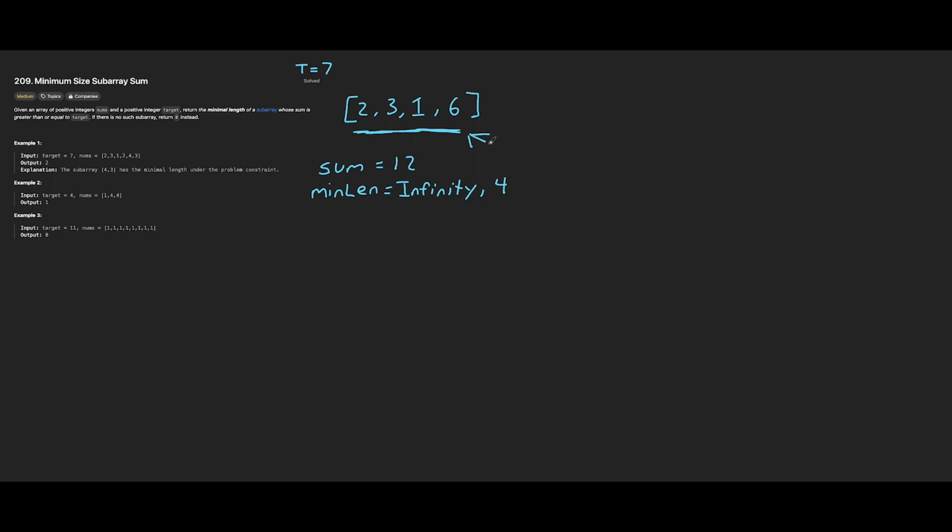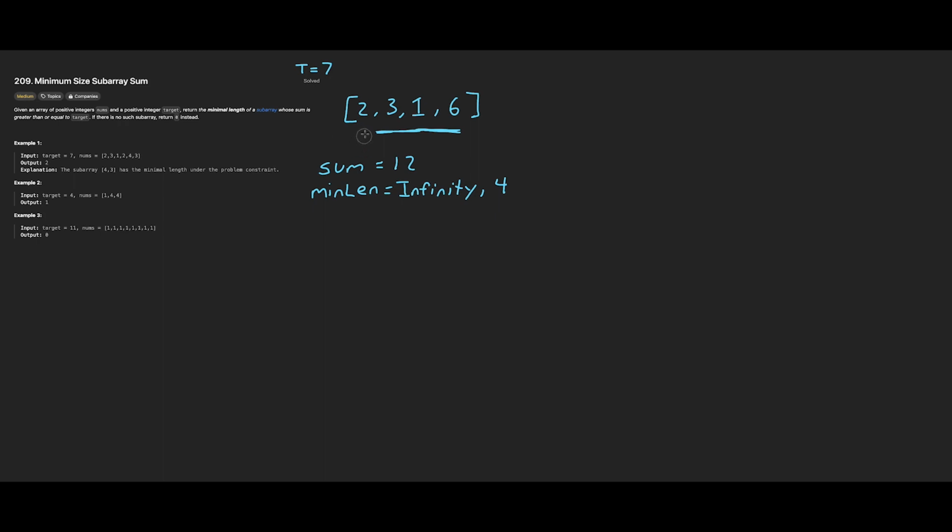Because we're comparing this length here, 4 to infinity, we're saying which one is smaller. Of course, 4 is smaller than infinity, so then we replace our min length with 4. Now what we'll do is we'll start to close the sliding window. Right now our sum is 12. Because 12 is greater than or equal to 7, we want to slide the window over 1,